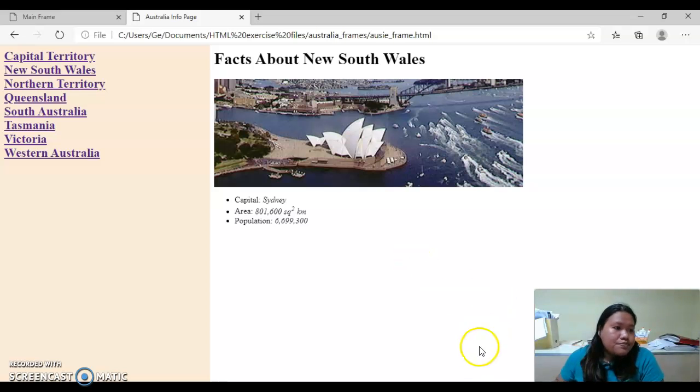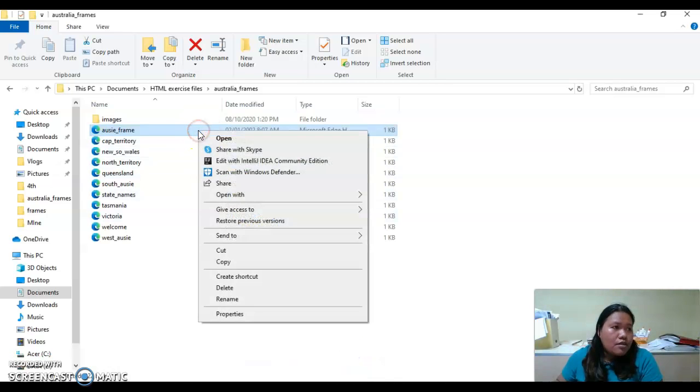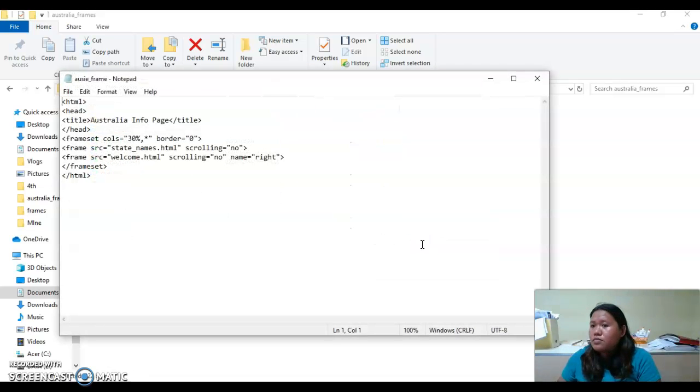Okay, start. First, let's open the Australia frame. In this example, first, you have to include the basic tags. And do not forget the word frameset. This signifies that you're going to do frames.